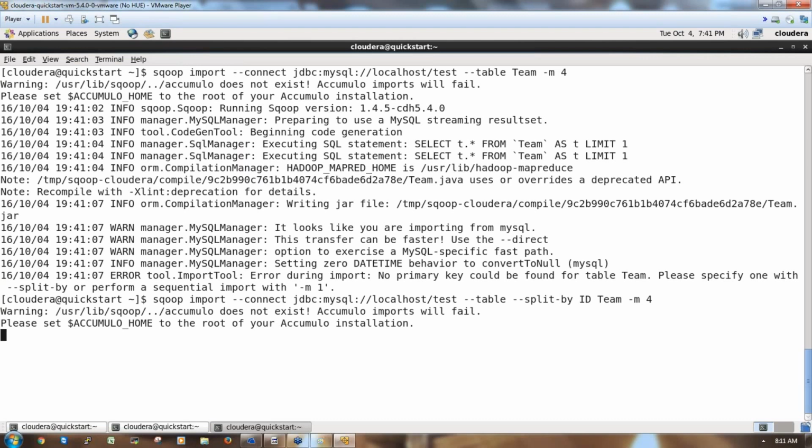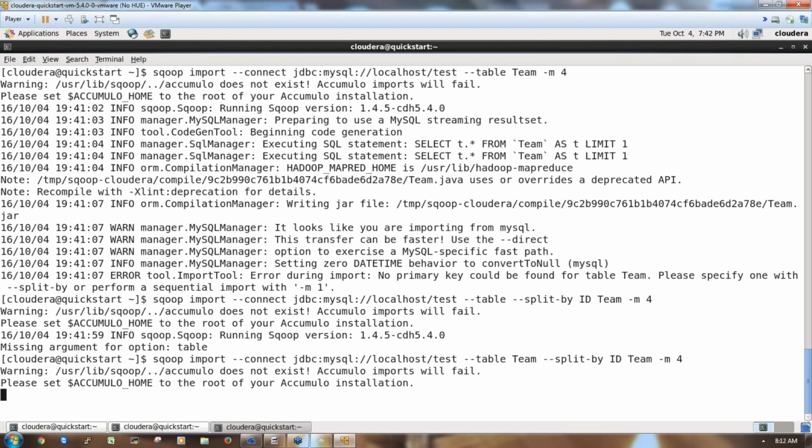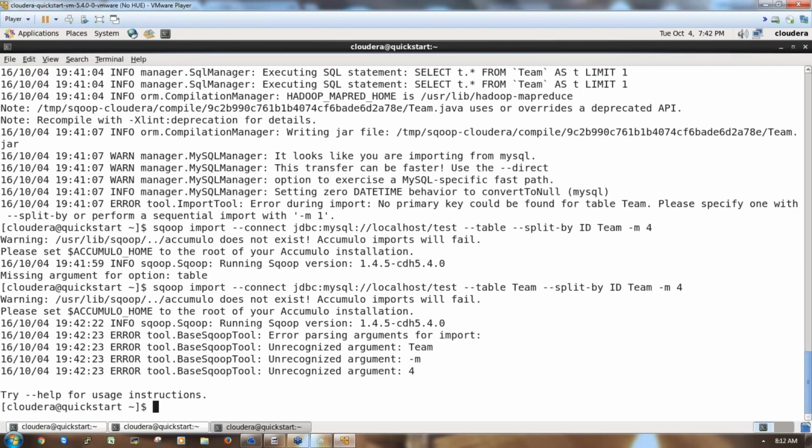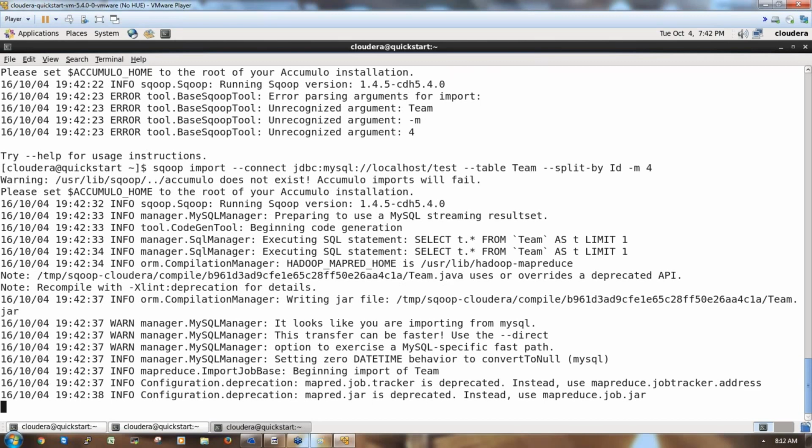Press enter. Okay, so the test database, the table name is team, and this table does not have a primary key, so I want to use multiple mappers.